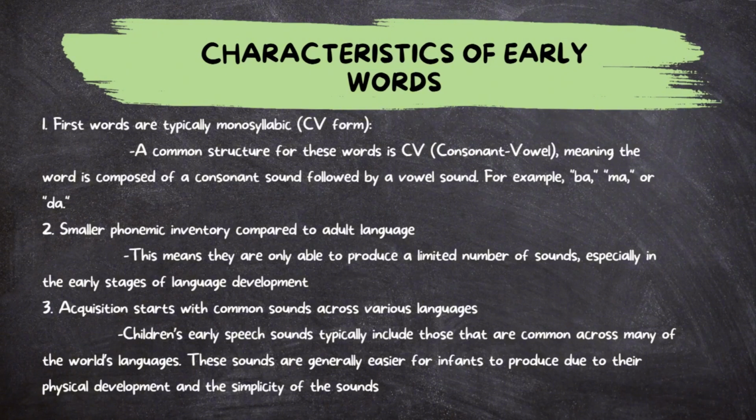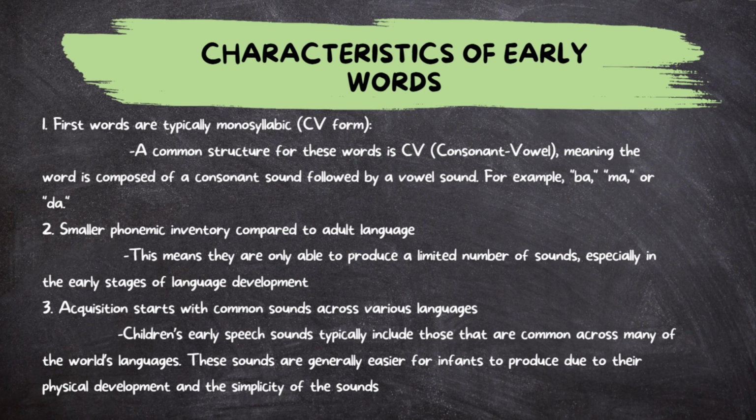So let's jump onto the next topic, which is the characteristics of early words. Number one is that the first words are typically monosyllabic or CV form. At the beginning of language acquisition, children's first words are often simple and short, typically consisting of a single syllable. A common structure for these words is the CV, or consonant-vowel, which means that the word is composed of a consonant sound followed by a vowel sound. For example, ba, ma,